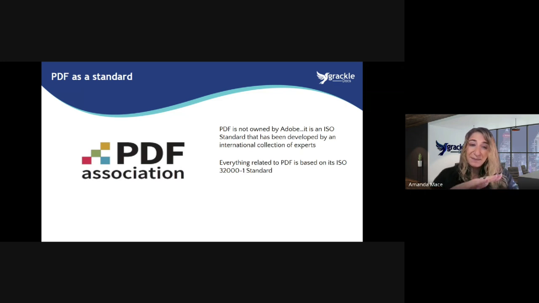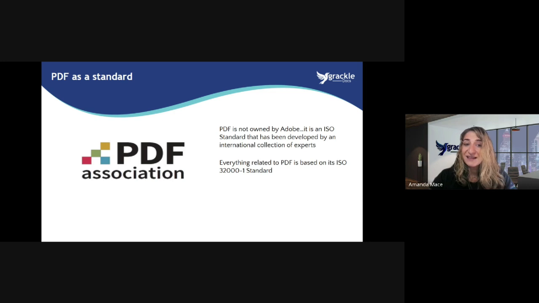Since PDF's beginning in 1993, Adobe produced a rulebook called the PDF Reference. This is a manual that can be used when you're making, manipulating, or viewing PDFs. However, on July 1st, 2008, version 1.7 of the PDF Reference was rewritten by ISO,